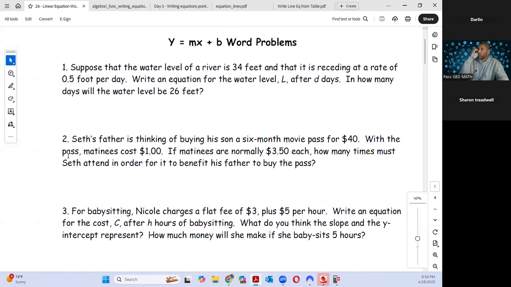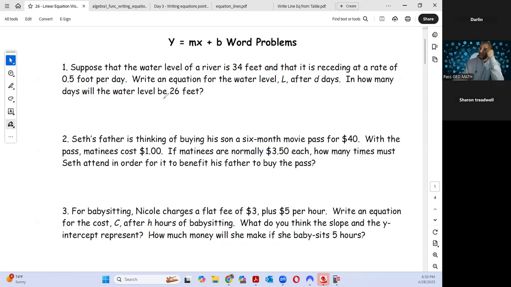Suppose that the water level of a river is 34 feet and that it's receding at a rate of 0.5 per day. Write an equation for the level L after D days. And how many days will the water level be 26 feet? What are they asking? So the first thing you're going to identify, let me get my pencil, is